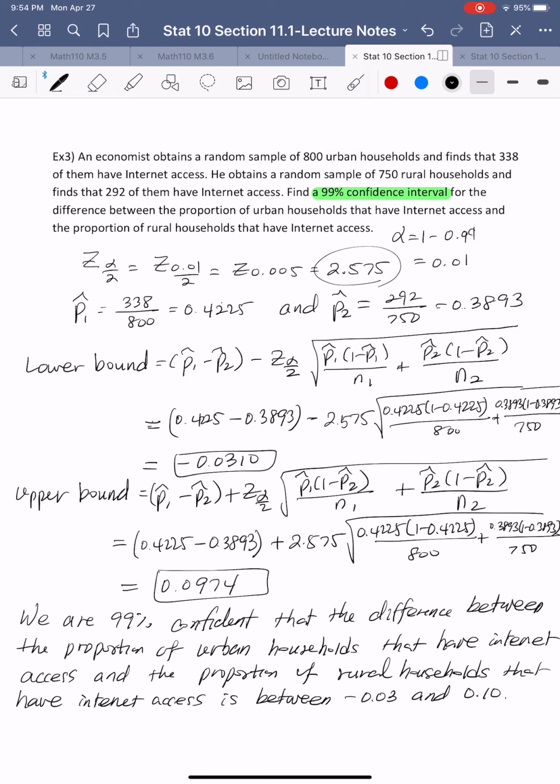Okay, so since the confidence interval contains a 0,